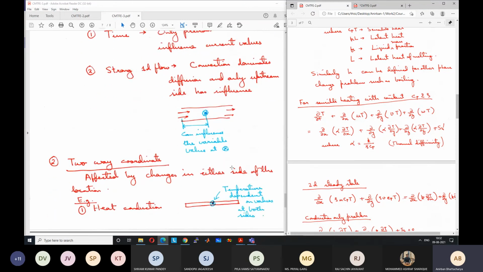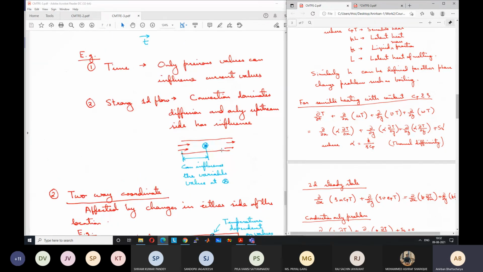If you can identify this type of one-way coordinate, it is much more suitable for us. Instead of using brute force, if you solve it directly without thinking, you will just solve it like a normal 2D, two-way coordinate problem, and still get the correct result. But if we had identified the nature of the flow and modified our code a little bit to take it into account, we could have solved the problem maybe 100 times faster.